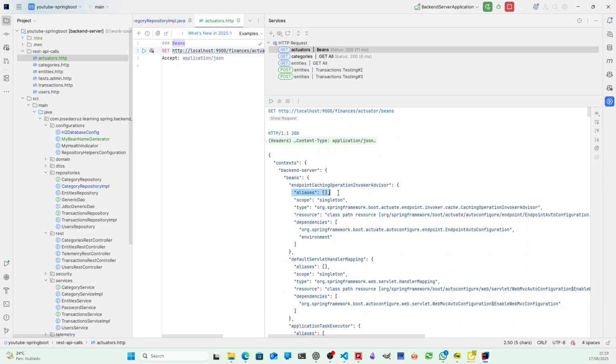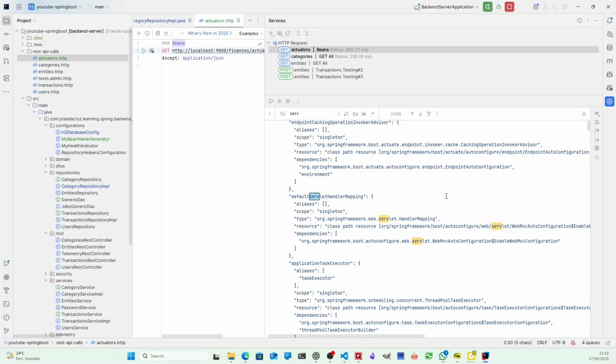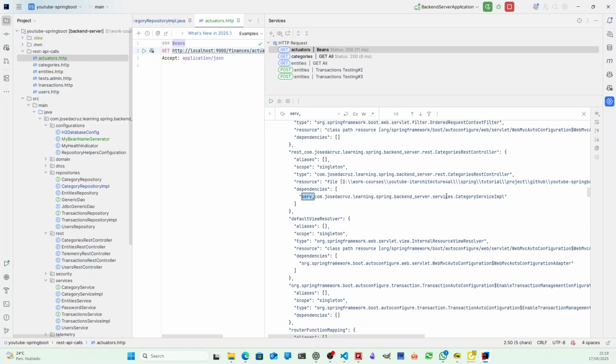You can see there is something that is alias, the scope, something that we already talked about in the past. And there are even dependencies, the data type, where the class related with this bean is, and so on. So let's try to find ours. Let's start from serve, like this. And you can see that we have here on our bean here,